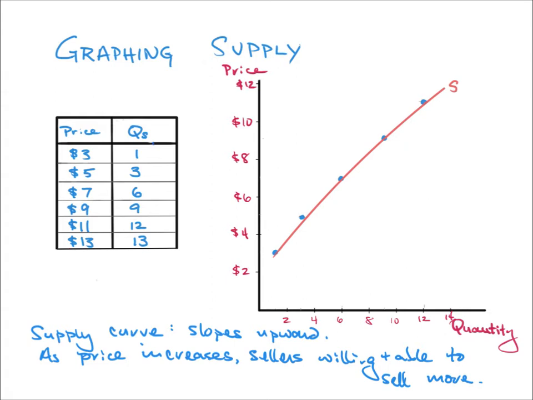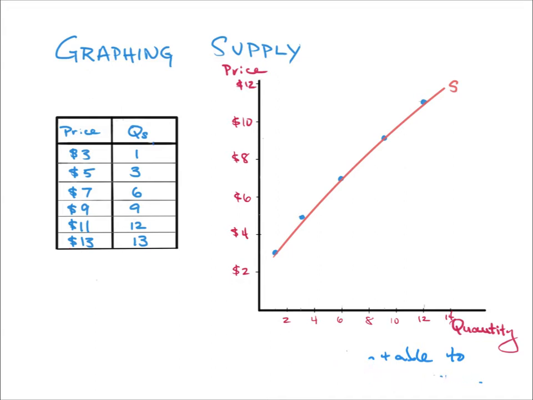I've already got some notes written on here. The supply curve, as I said, slopes upward. That's the law of supply. And that means that as the price increases, sellers are willing and able to sell more. Actually, let me remove that. That's not relevant. What I want to do is look at the impact